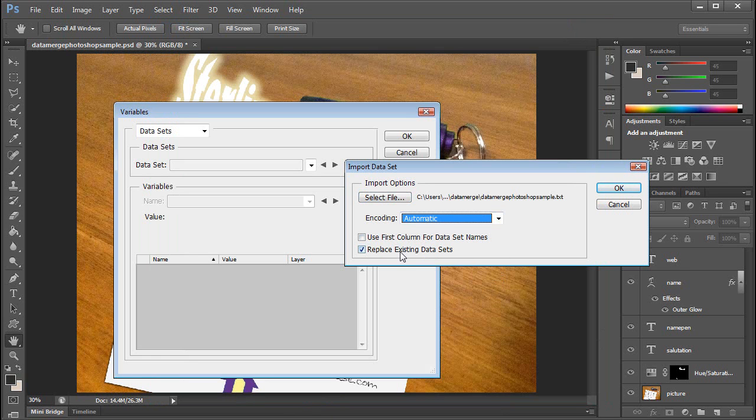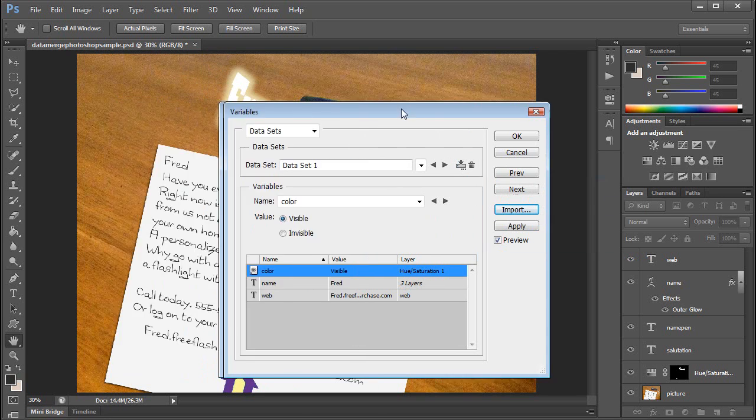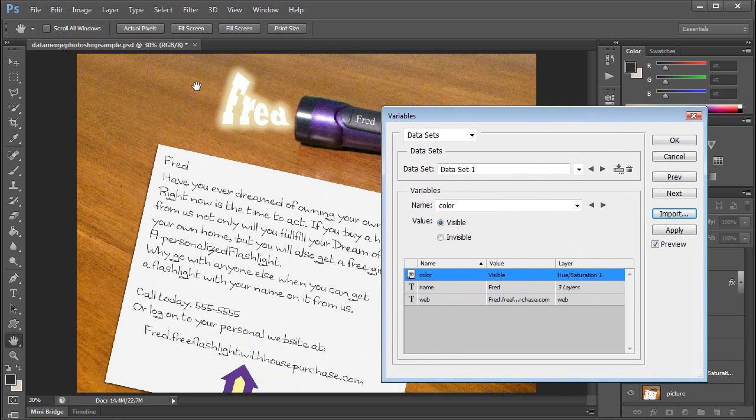Sets. I don't have any data sets, but I'm going to keep it there. I don't want to use first column for data set names because mine was not set up that way. So I'm going to hit OK. Now when I do that, you may not have seen it, but Photoshop started doing something funky back here, kind